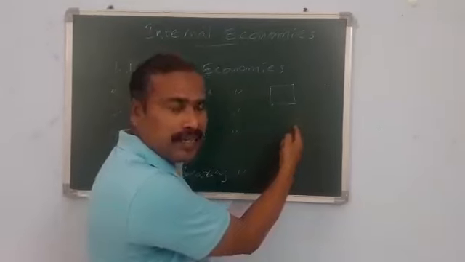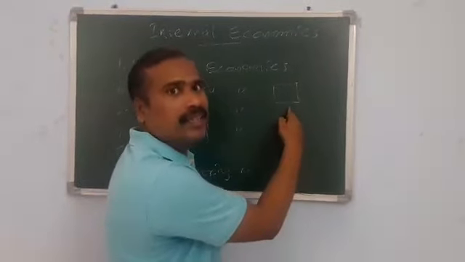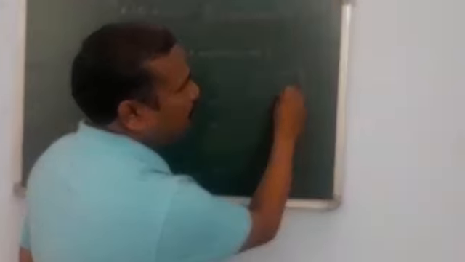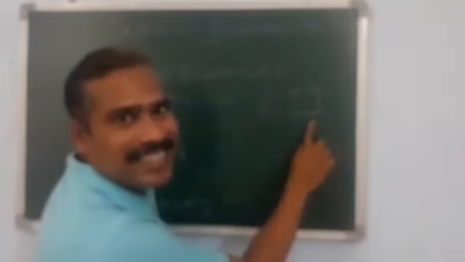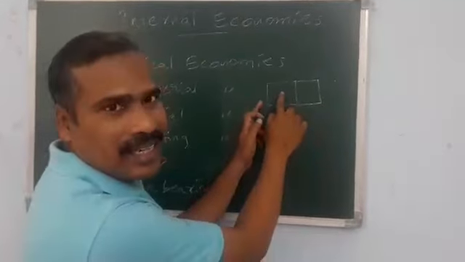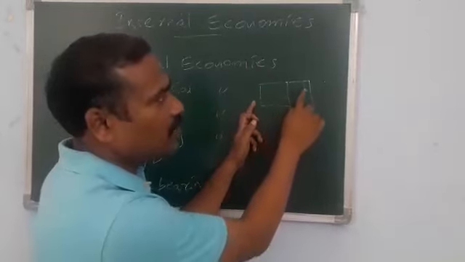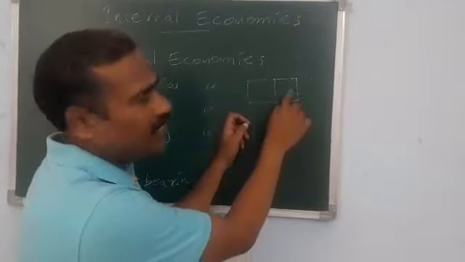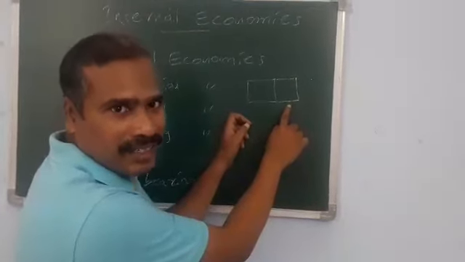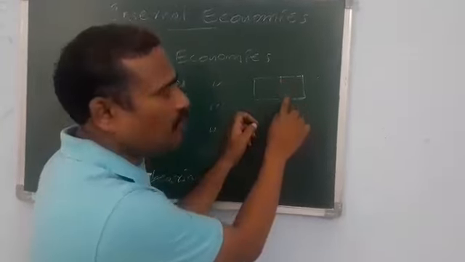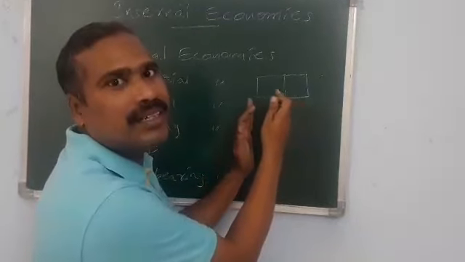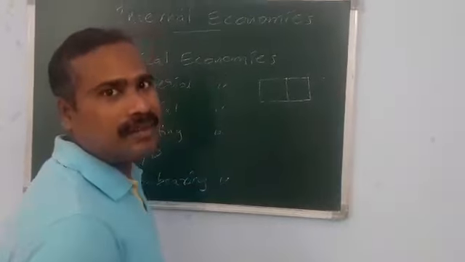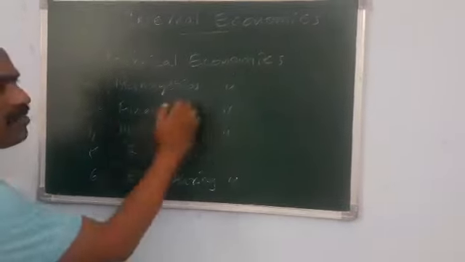If you expand the building capacity, if we want another room, how will we build that? By using only 3 walls. The first room is constructed by 4 walls, but the second room is constructed by only 3 walls. So here that company, that firm, is saving some level of expenditure. So this is called technical type of economies. Then what is the second one?